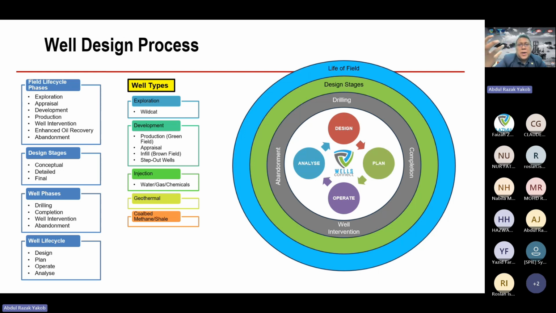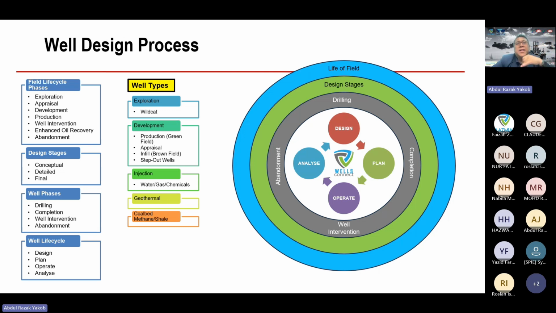You can actually get the coal as well, and use it as the fossil fuel energy generator, but you can also have the methane shale inside there as part of their gas production. And you can see inside here, in a well, you design, you plan, you operate, you analyze, and then that is within the drilling, completion, well intervention, and abandonment, and all of the design stages from conceptual,